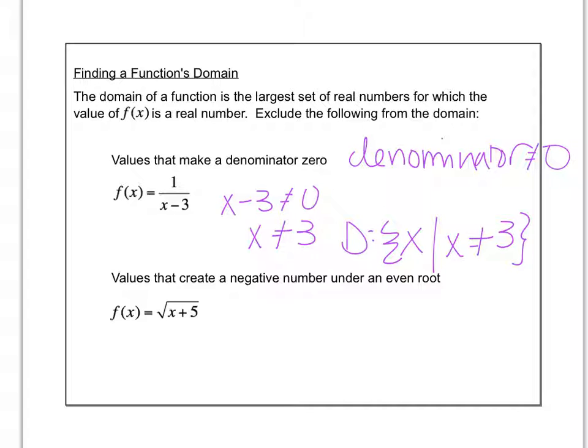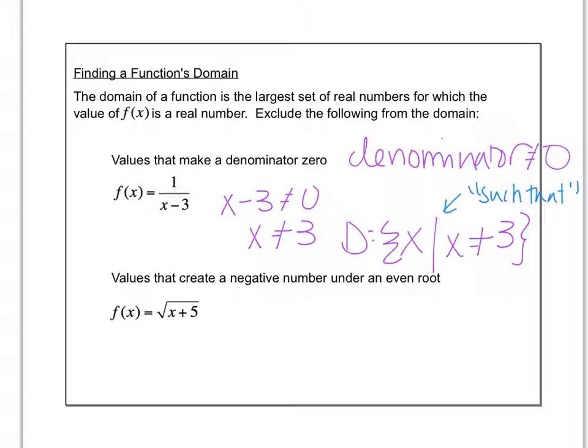That line in math we read as such that. So this right now says your domain is all x values such that x cannot equal 3. So that just says all numbers except for x can't equal 3. It's just a really mathy way of writing that. Okay? So one restriction on your domain, one thing you have to exclude from your domain, is if there's a value that makes the denominator 0. Okay? Second thing we have to exclude